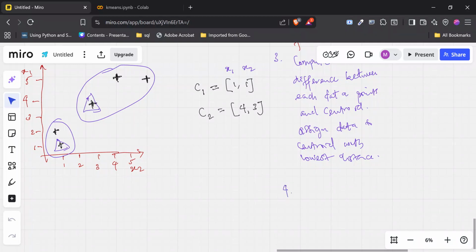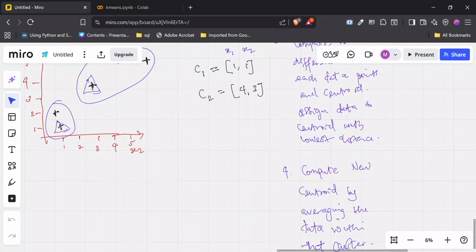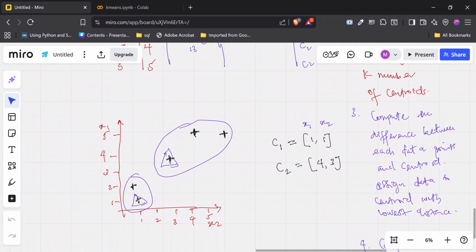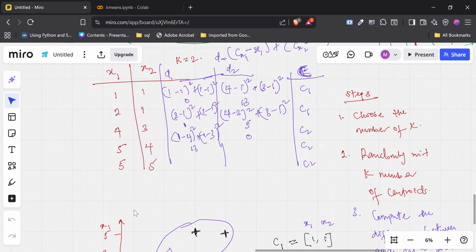Step 4 is we compute new centroids by averaging the data within that particular cluster. So what do we do? To get a new centroid, we just come here and add. There are two values here, right? These are the two values, these ones. So I'm going to say 1 plus 2 is 3, 3 divided by 2,